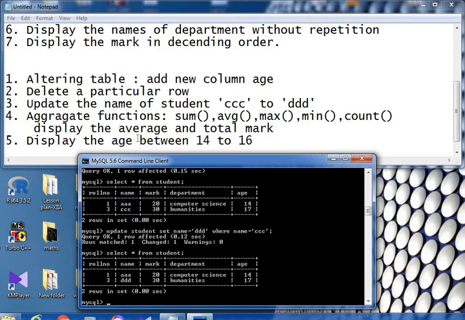Next, aggregate functions. We already studied some aggregate functions: sum, average, max, min, count. These functions apply to a set of rows and give a single valued result. For example, if you want to find the average mark, the maximum mark, the minimum mark or the total mark, we can use aggregate functions. To display the maximum mark, select max mark from student.